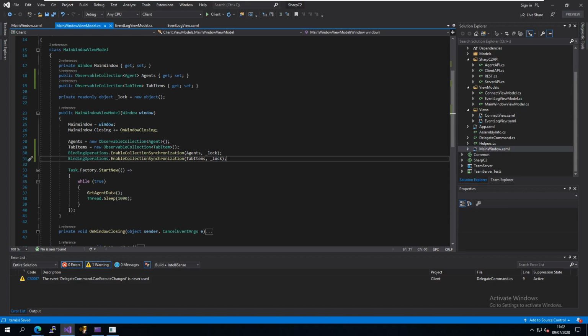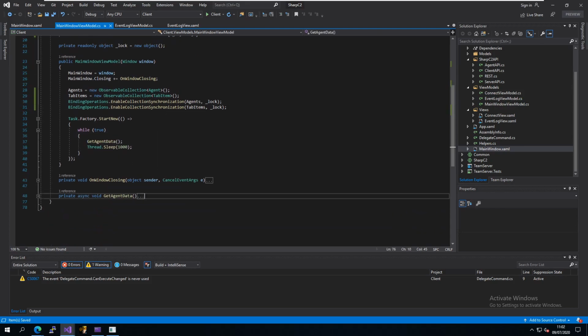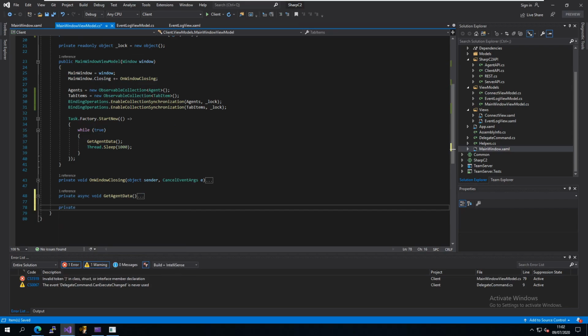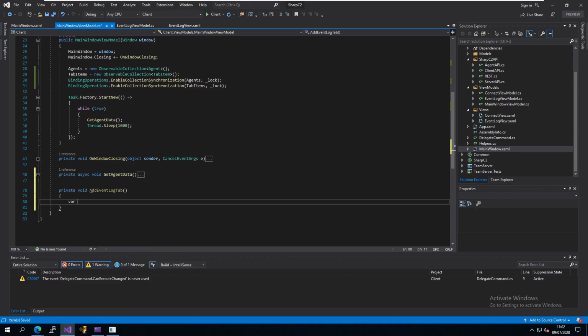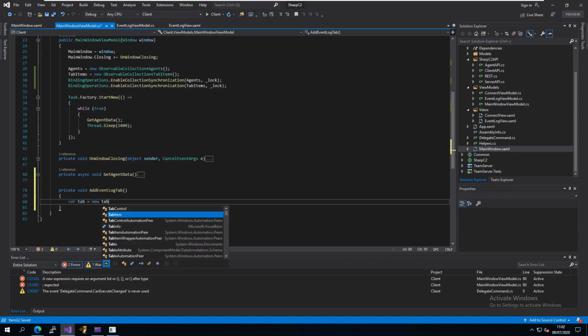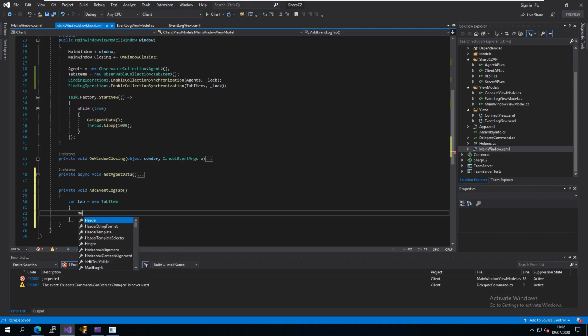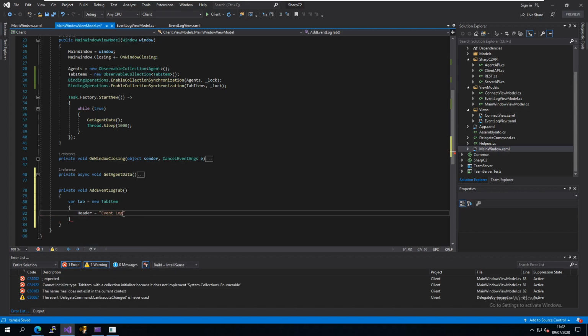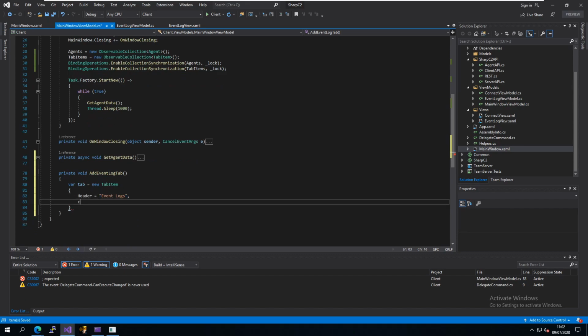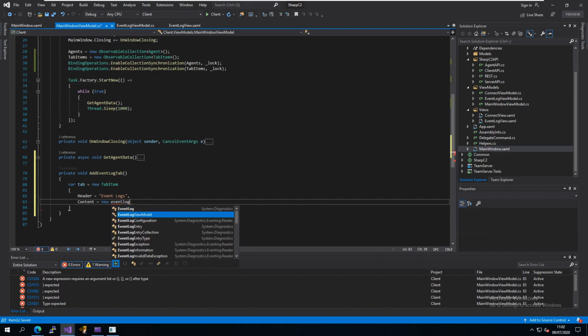Okay, now the event log window we want to create as soon as that window opens. So we can do that in the constructor. So we can create a new method to do that. So we'll call it a private void add event log tab. So the tab is a new tab item. The header, we can just call it event log or event logs. The content will be a new event log